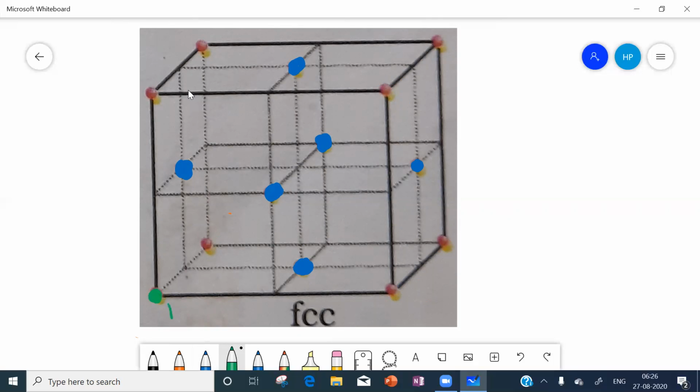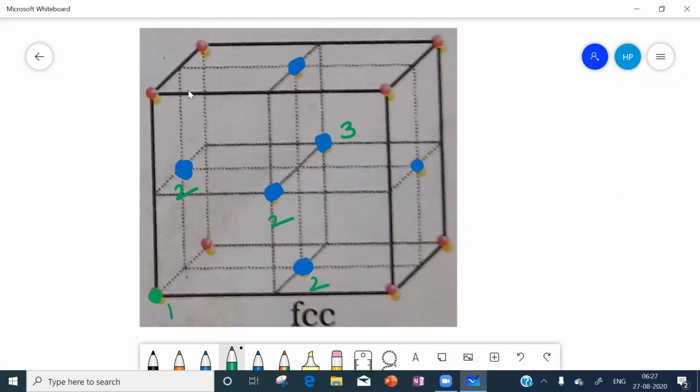Then this face center is second layer, this face center also, and this one also, since for the corner they are neighboring face centers. Now for this face center, it is in the third layer.